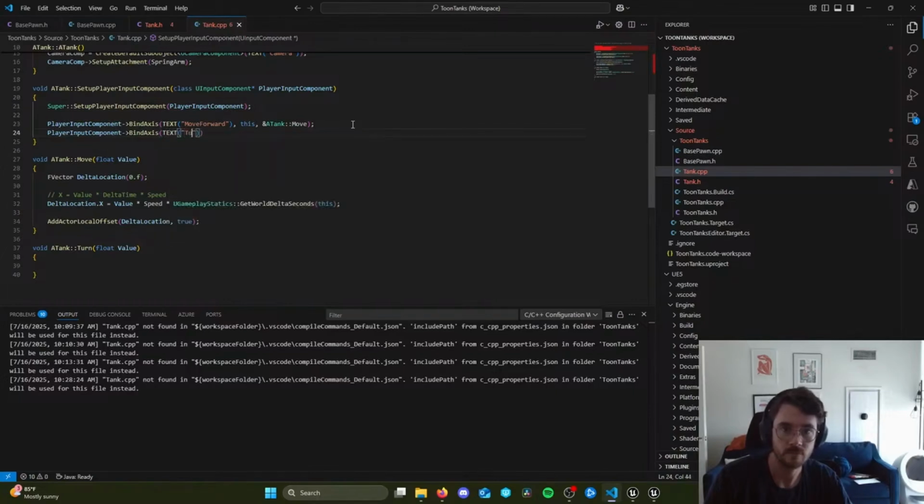Next is the object we're binding the function for. We can pass in this. And finally, we pass in the function we'd like to bind. Again, we need the address of operator, and it's going to be a tank turn. So it's as easy as that. We've bound the turn function to the turn axis mapping. The only thing left is to